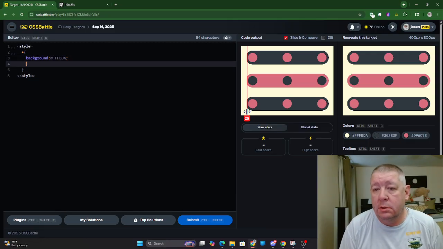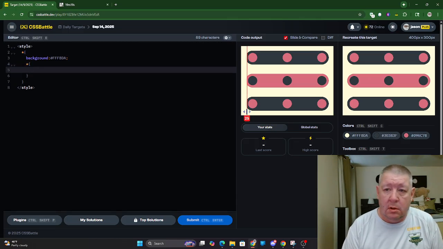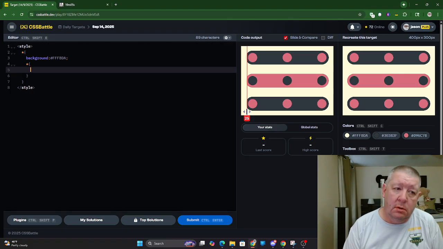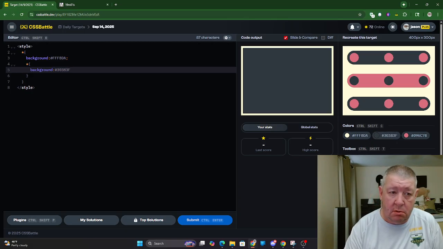And the body is going to be, I guess, one of these pills. They're long pill shapes. I'm gonna have a background on that, I guess, of the gray color,